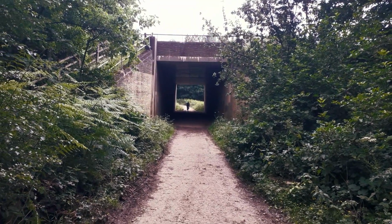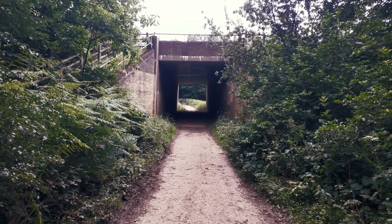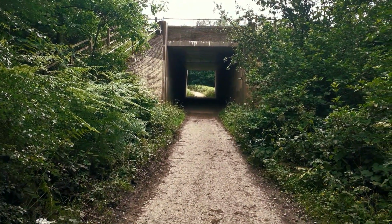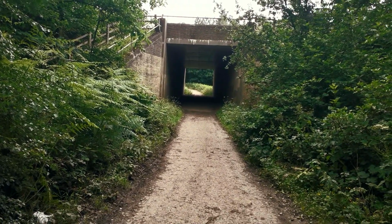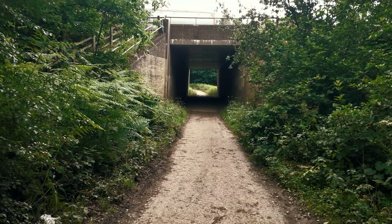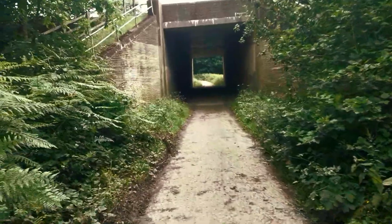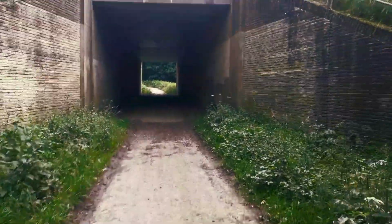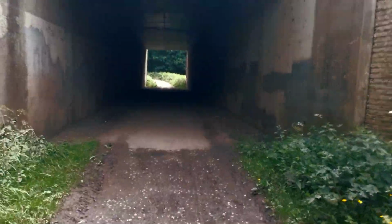So I've been going through the woods from that village, and I know I'm going the right direction because on the map there was this little underpass or overpass. So I found this over a busy motorway, and what's a bit unusual, I've never seen before, is it's on a footpath. I've never seen one under a footpath, so I think that's good for filming, especially because you won't have, you know, cars going past, and it's probably fairly quiet here. But yeah, from this on, we're going to be walking through one set of woods into another set of woods, and then once we get to the village from these woods, it'll be on the home stretch then,